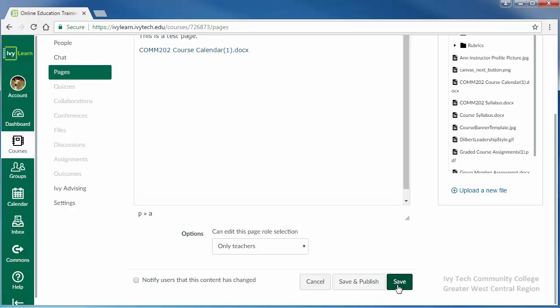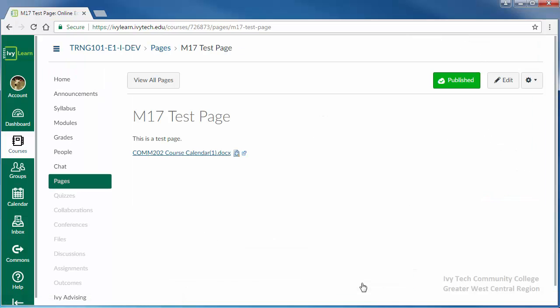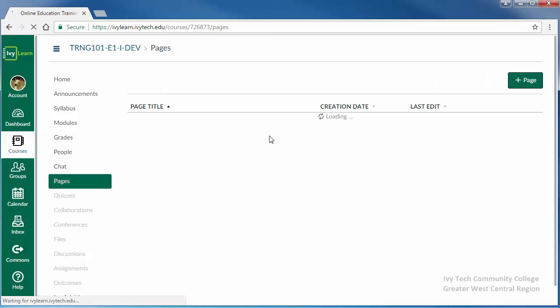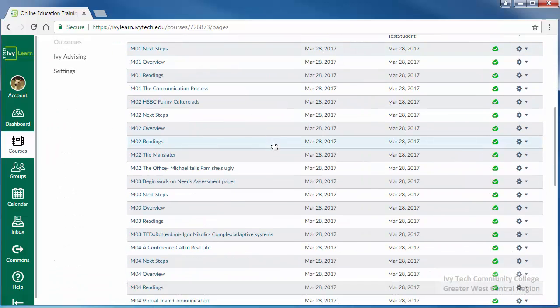You can also save the page, which will save the page but not publish it, meaning you can come back to it and edit it later, but the students won't be able to see it. You can also click Save and Publish, which both saves and publishes the file, but note that even if you save and publish a page, the students don't have access to the pages area of the course, so we'll still have to link this page inside a module before the students will be able to access it, and we'll take a look at that in a moment as well. So let's click Save and Publish. We'll see our test page as it will appear when the students view it, and if we click on View All Pages, we can go back to our full list,